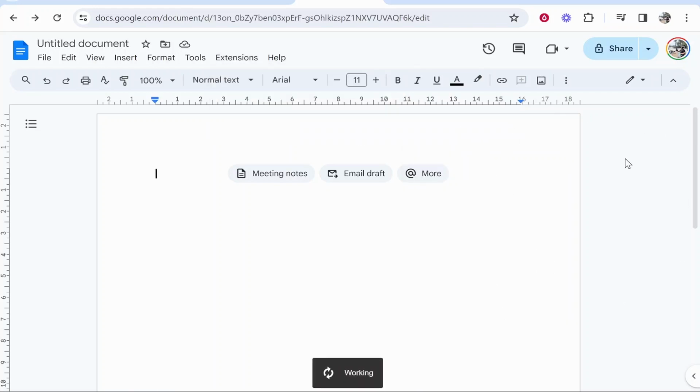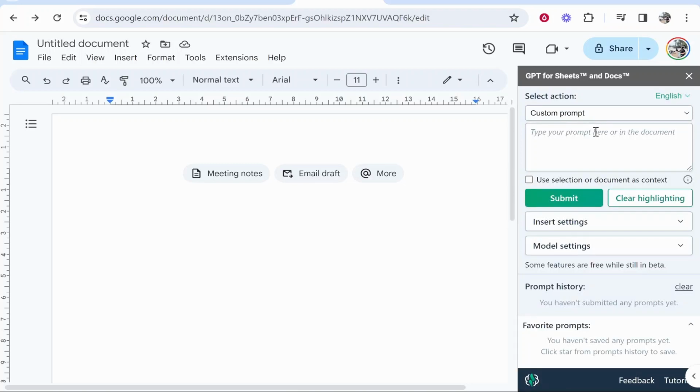And now you should then get the extension opened, and you can then type in a prompt here and it will then write whatever you typed as your prompt into Google Docs. Now you do need credits for this and you might need a premium plan with OpenAI. I do believe they give you some credits to start with, but I might not have any credits left, so I might not be able to demonstrate it. I'll just say here, write 5 places that are a must-see in Thailand. Then we'll click submit and we'll see if it writes anything.